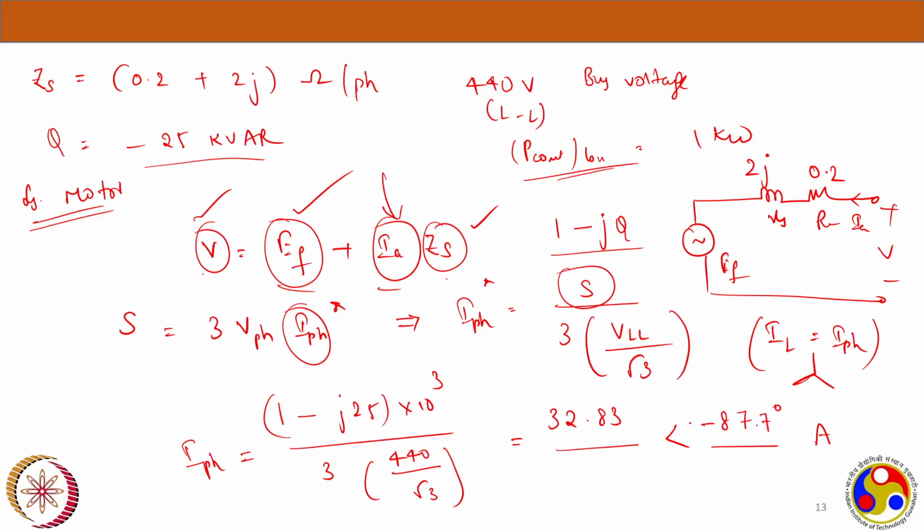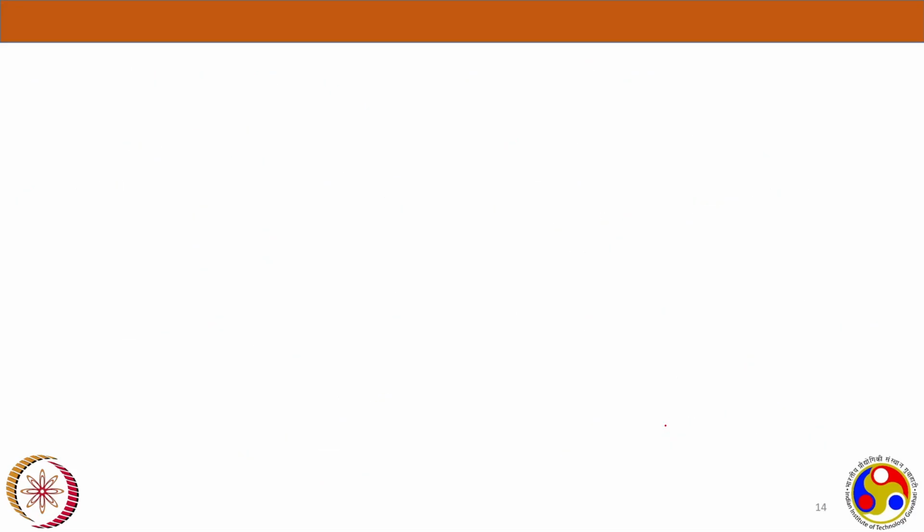So this is the phase current conjugate you obtained, in amperes. So my I phase, which is nothing but IL, would be